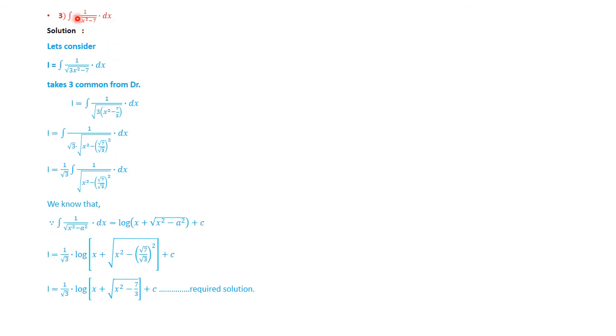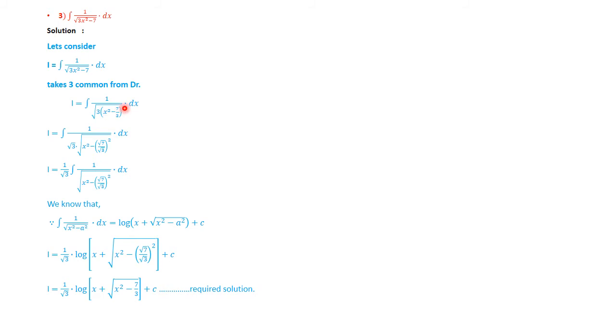Let us consider one more problem which involves a square root. Therefore, I is equal to the integral of under root 3x square minus 7 dx. Though it is in a square root, still again we have to make this x square free from a coefficient or scalar or multiple. There is 3, no. So taking 3 common, but still it is in square root. Remember that one. It is very clear. It is in square root.